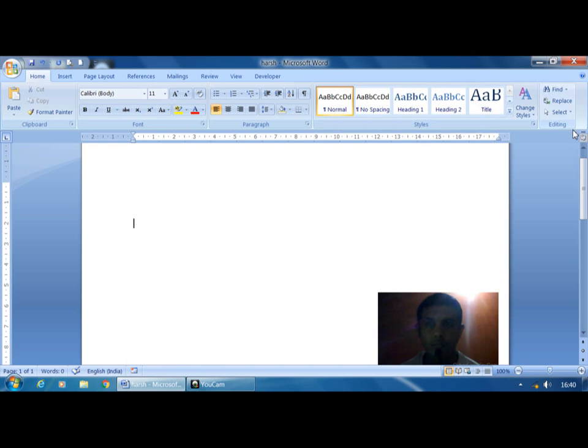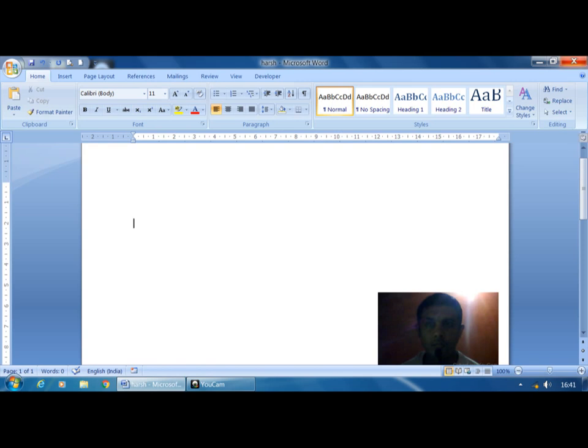Next component is, you can see from here to here, this is called the ribbon. So the ribbon consists of many options. The ribbon is the panel at the top portion of the document. It has 7 items that contain many new and existing features of Word. Each tab is divided into groups. The groups are logical collections of features designed to perform actions that help in developing or editing the document.